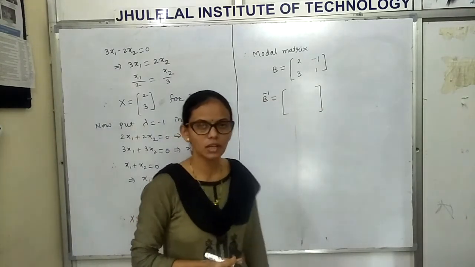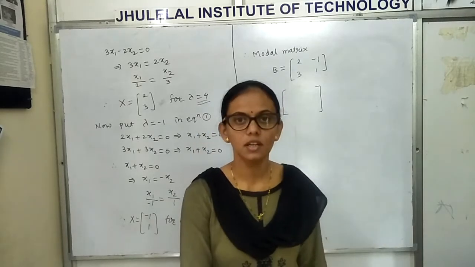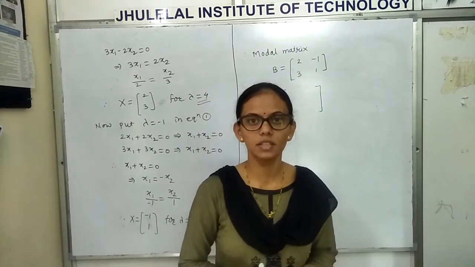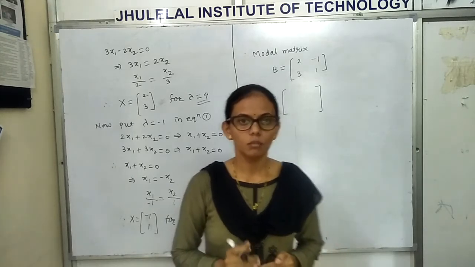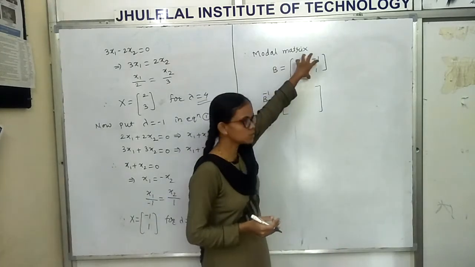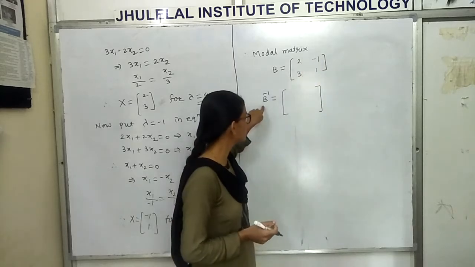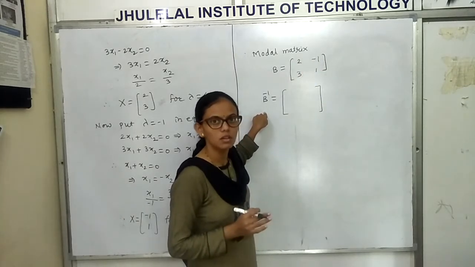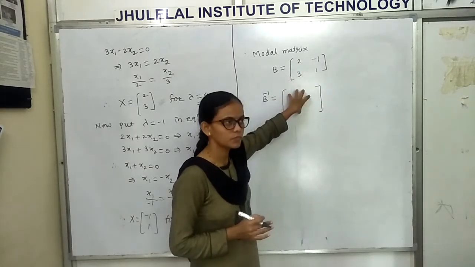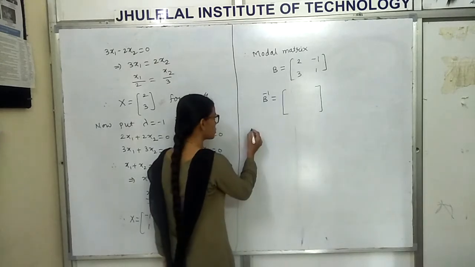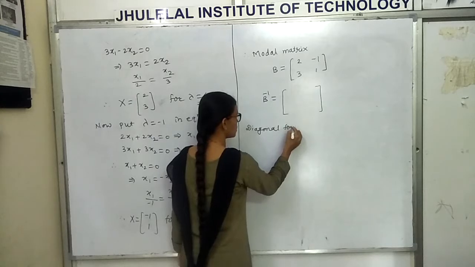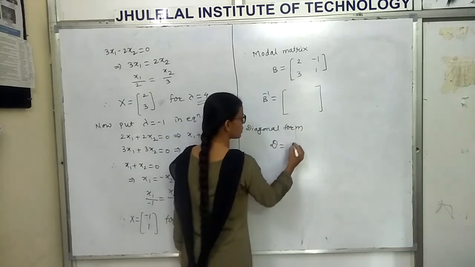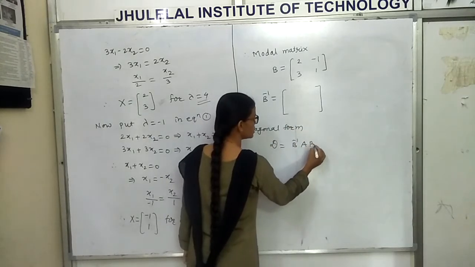You know already how to calculate B inverse from the calculator. In the first thing we have already discussed the procedure or algorithm to find out the B inverse. So by using that procedure, you can save this matrix and calculate its B inverse directly from the calc and write it down. To get the diagonal form, D is given by B inverse A into B.